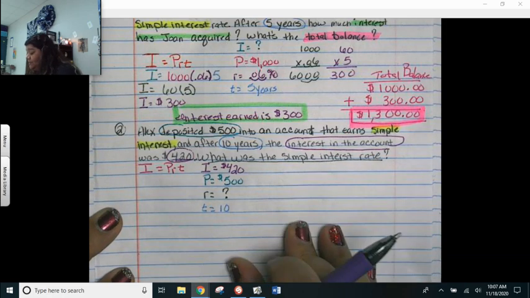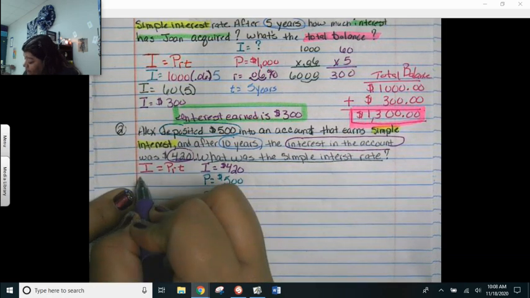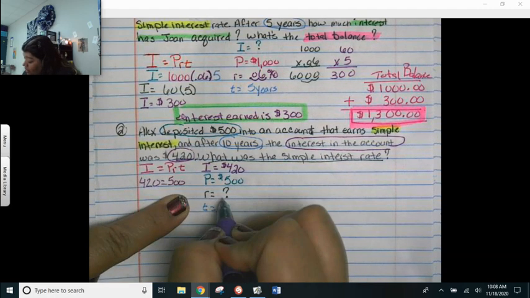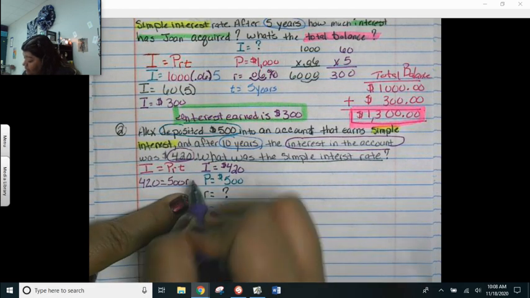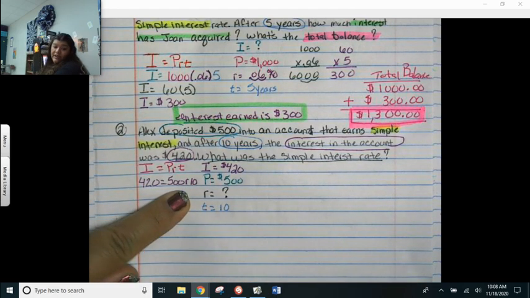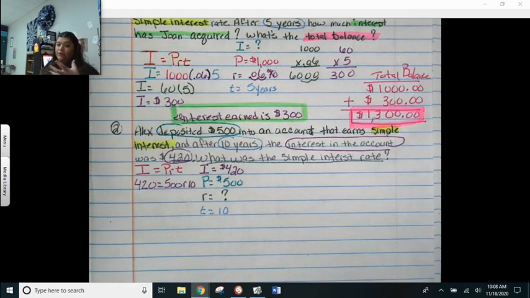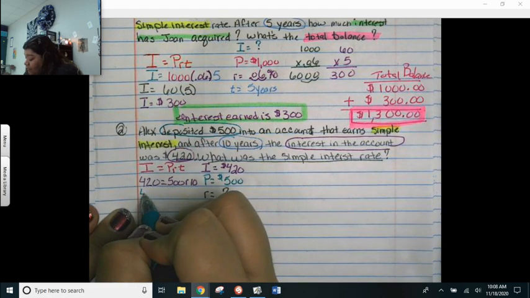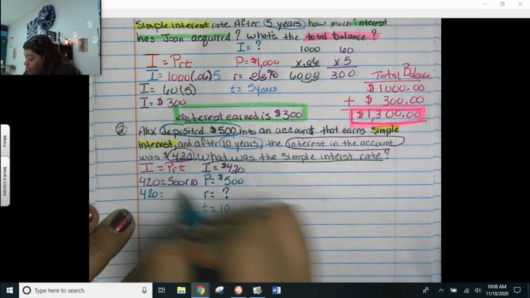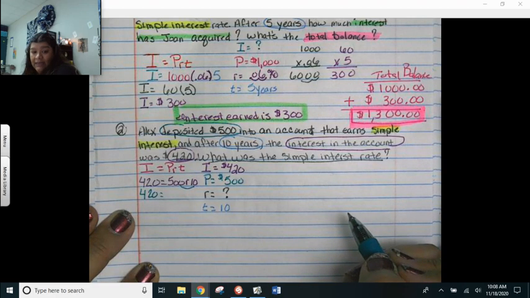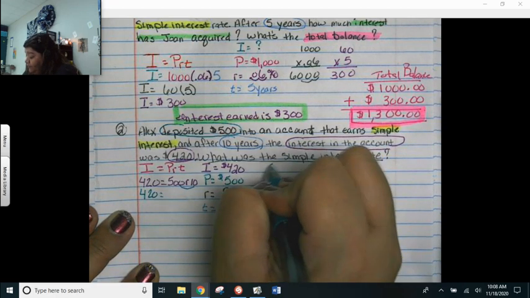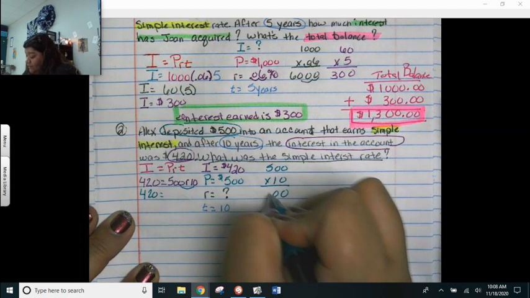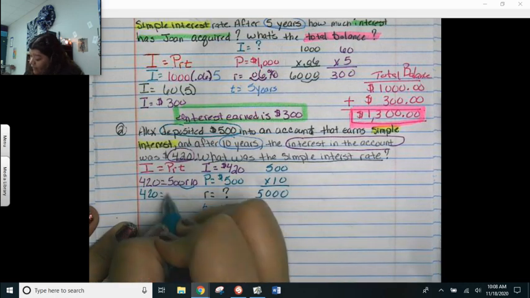So now I'm going to put them in their place. So interest was $420. Principal is $500. R is nothing, so I put an R, and T is 10. Okay, so my variable, I just left it as R to remind myself I'm looking for the rate. Okay, so now we're going to go ahead and solve. The 420, I'm going to leave him alone for right now. I'm going to go ahead and multiply 500 times 10. 500 times 10. So we're just adding the 0 pretty much, guys, if you don't see it. Okay, so that is 5,000